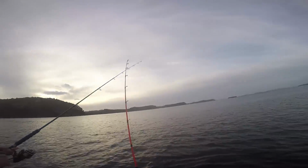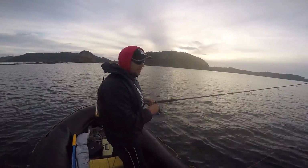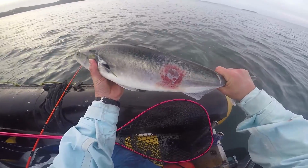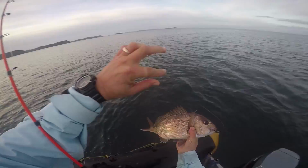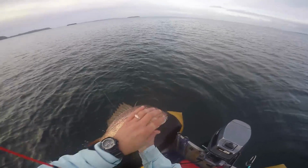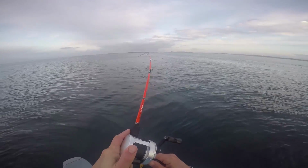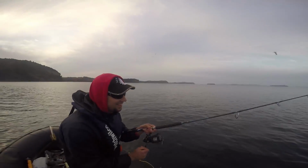It's on. It was big. Man. That was really big. The next kahawai had an injury, maybe a predator or maybe a gash from being caught and badly handled by another fisherman. The size of fish were getting better, including another good snapper which ran into the kelp and got away. Juan was onto another good fish, but...